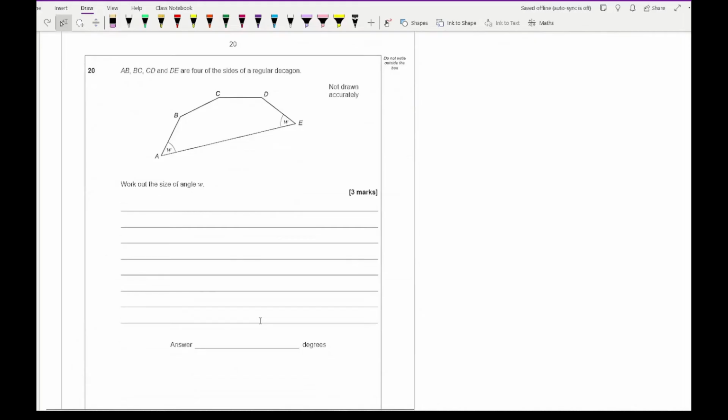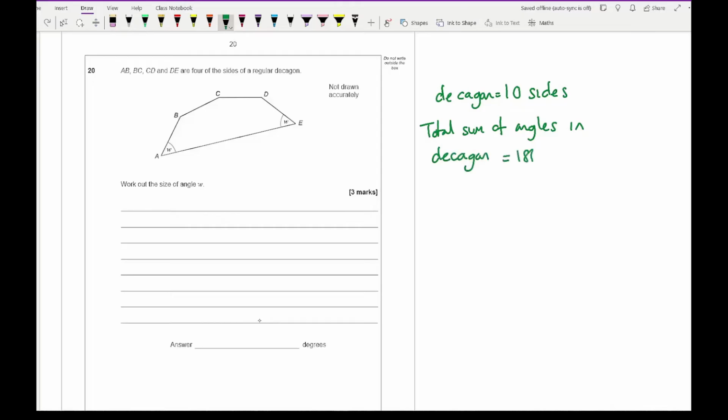Then moving on to question 20, it says AB, BC, CD and DE are 4 sides of a regular decagon. Work out the size of angle W. Now for this, in terms of key facts, a decagon equals 10 sides. Now to work out the total sum of angles in a decagon, it's going to be 180 times 2, the number of sides take away 2, which is 8. So then getting the calculator out,